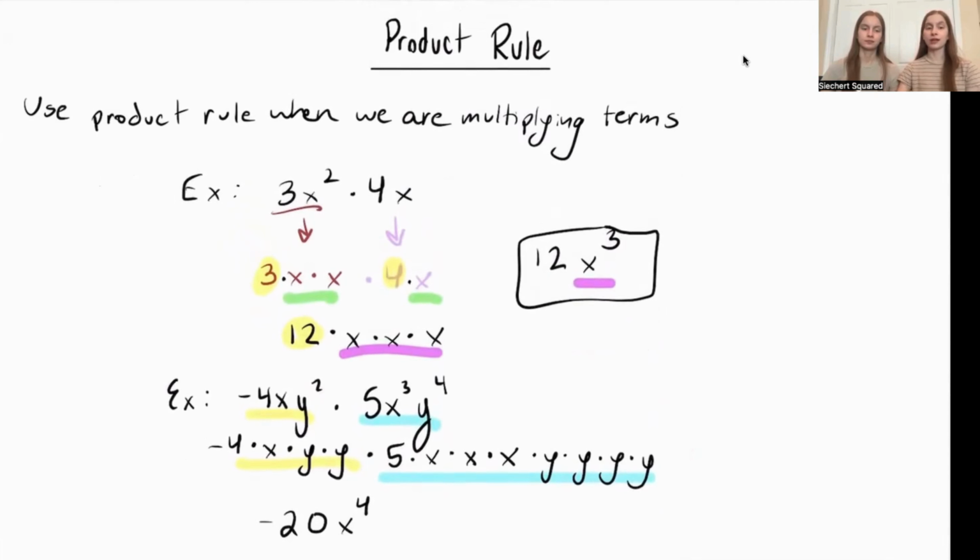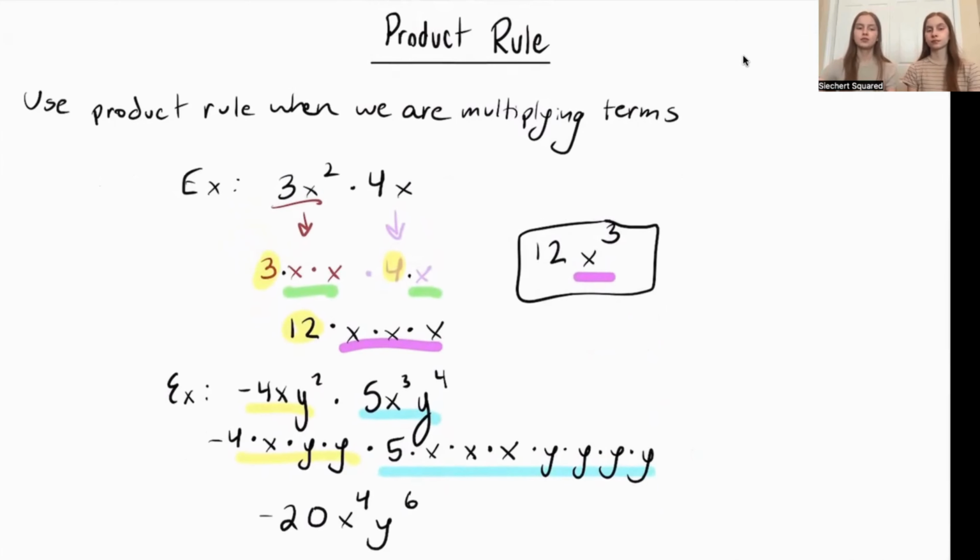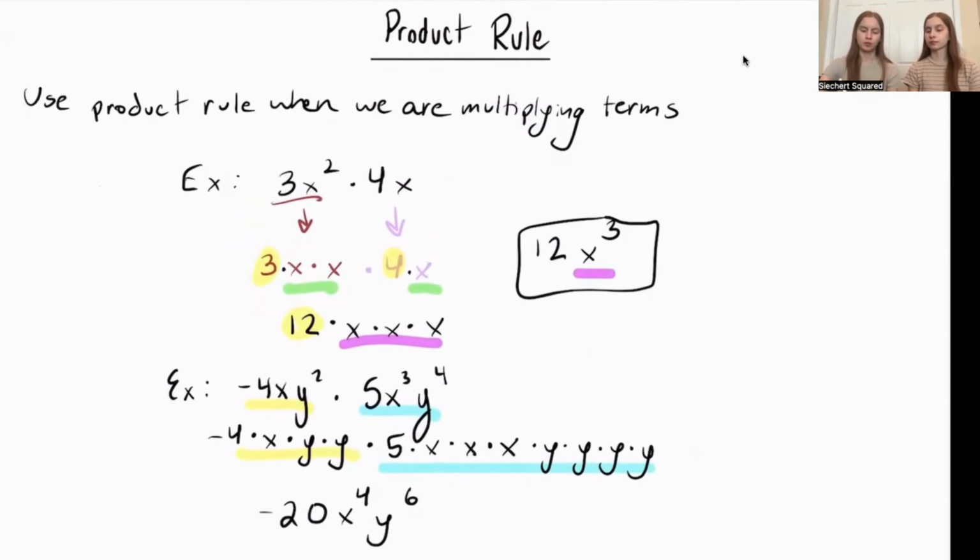So we have that -20, x to the 4th, and a y to the 6th, because there ended up being 6 y's all multiplied together. Yep, and then just one little side note. We here are going to write it with the number in front, and then for the letters, we go in alphabetical order. If you had this in a different order, if you had put the y in front and then